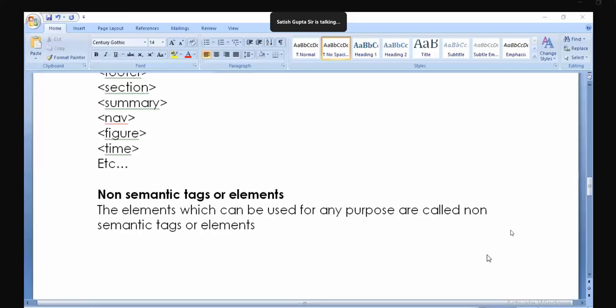For example, header is for only header, summary is for only summary, figure is for only figure, time is for only time, section is for only section, like that. But it cannot be used for any other purpose, right? But when it comes to the non-semantic tags, these are the elements which can be used for any purpose. Example for non-semantic tags is,